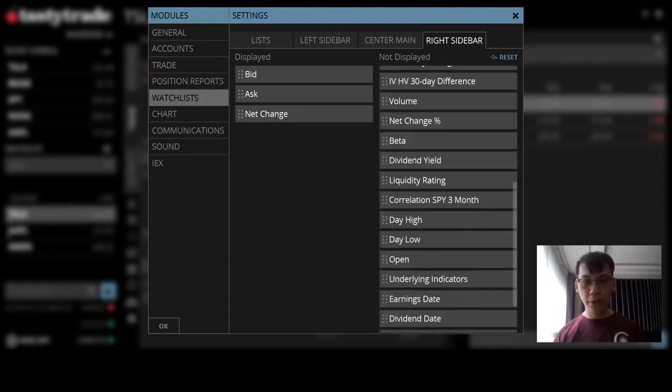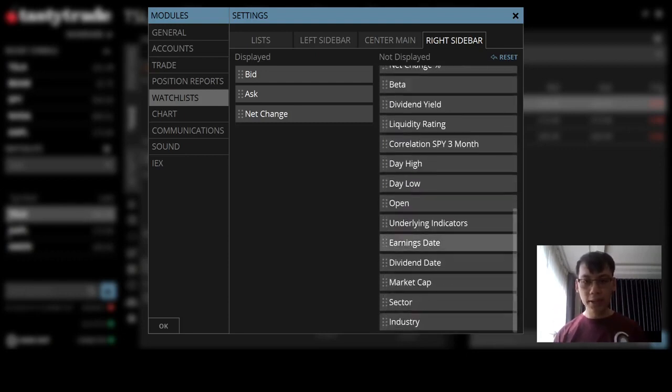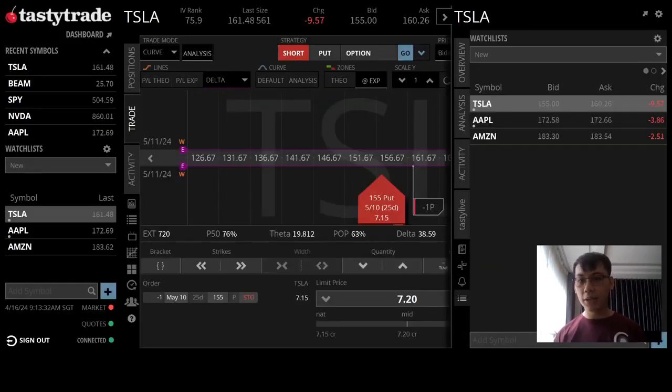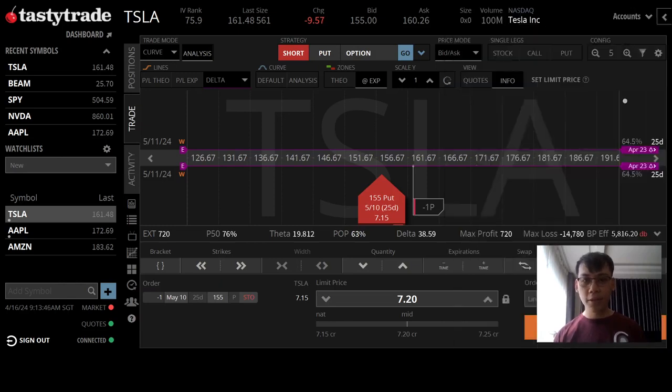So say for example, I want to see the earnings date and dividend date for Tesla, right? And it will appear here, and because there's limited space here, you have to click the button to see when the earnings and the dividend date are over here on this panel. Right, so this is the right panel here. Okay, so now let me go back to the